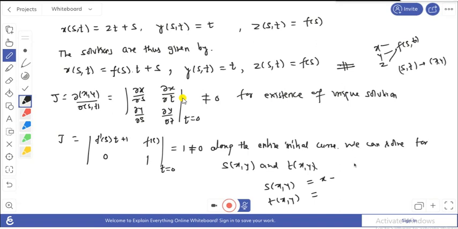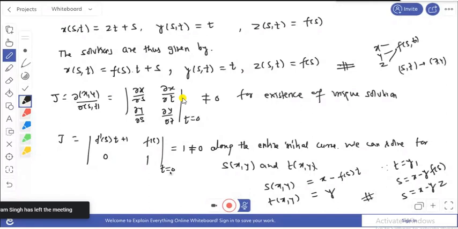x minus... यहां से क्या हो जाएगी, s की x minus F s t। ओके, और t की वैल्यू क्या है, तो x minus y और F s क्या है, this is F s is z, this is z। ओके, so this means आपके जो सोल्यूशन है वो इस फॉर्म में आप लिख सकते हो।